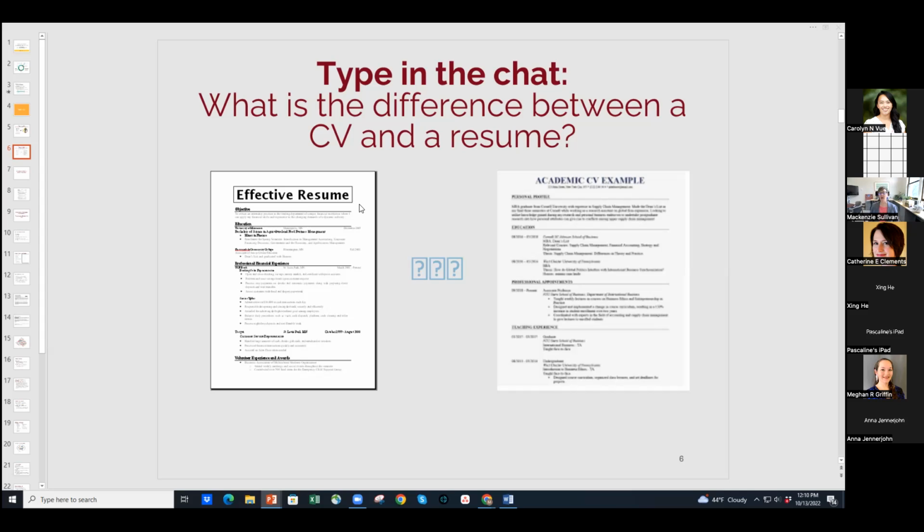And I point this out because I often get the question, how do I translate my CV to a resume? And I would say how you do it is you don't. They're 2 very different documents. And so I would talk about building a resume using materials that might be on your CV, but they're 2 very different documents. So I would not try to translate one to another.